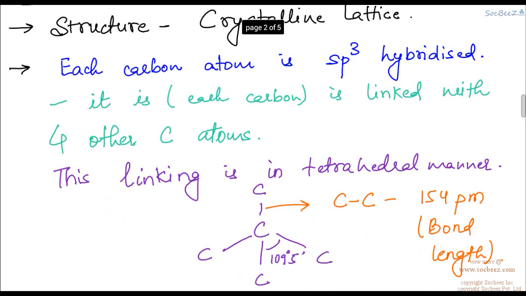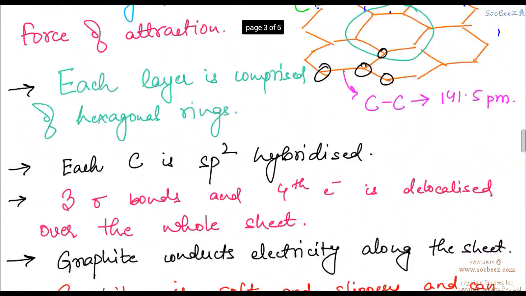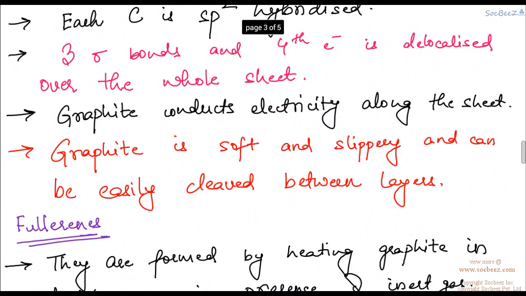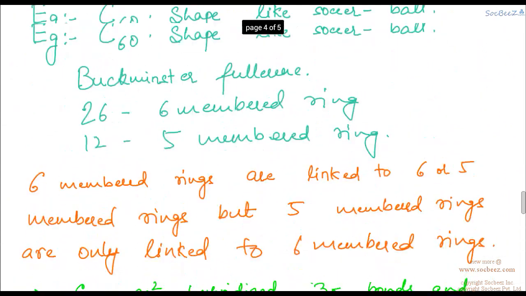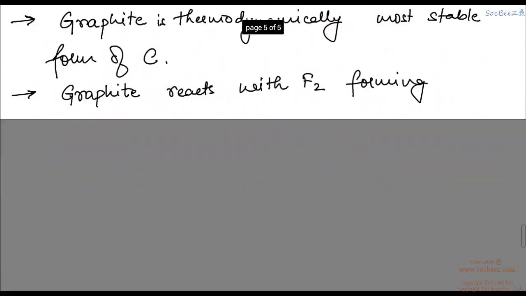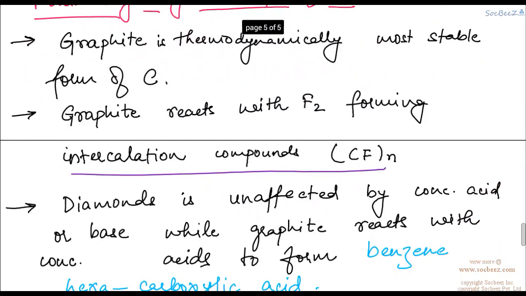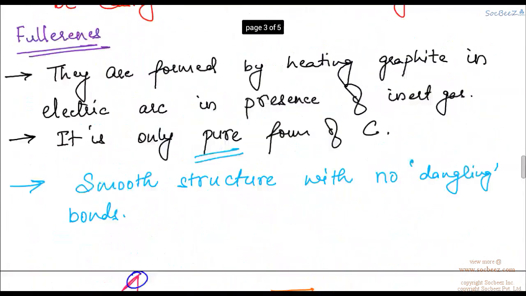We then moved on to the allotropes of carbon. We first saw diamond, its structure and hybridization. We saw graphite, its structure, the hybridization of carbon and a few properties. Then we saw fullerene and its structure. I would recommend you look at the structure of Buckminsterfullerene on the website. You must know the figure of it. Next we saw some facts regarding them.